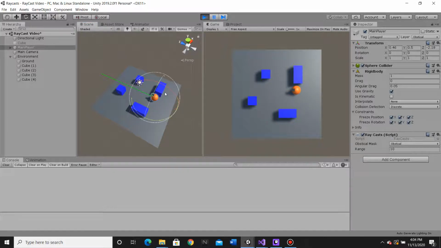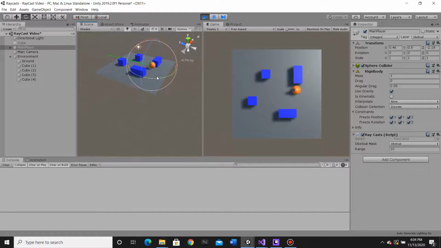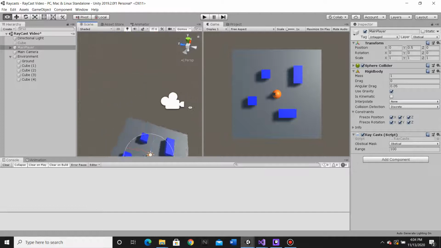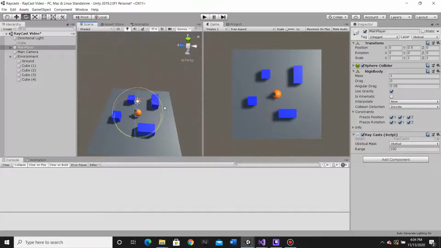And if I rotate my player, you can see that it's red when it reaches the obstacles, but otherwise it's green. So that's working. And the second part of this video, all I wanted to do was make it to where